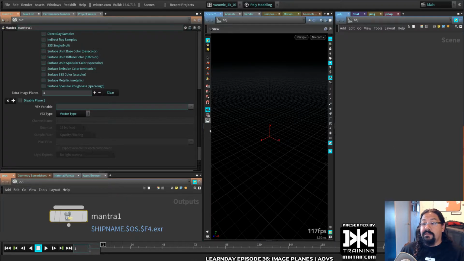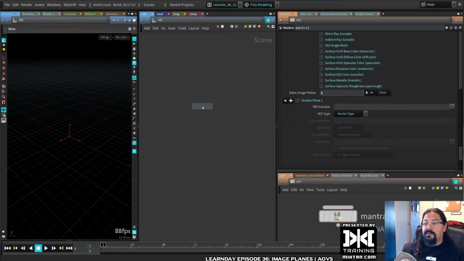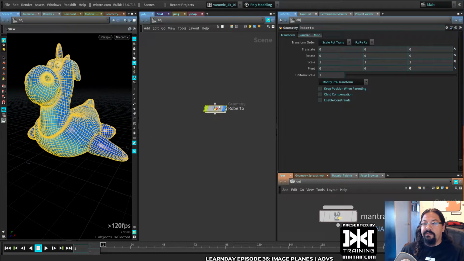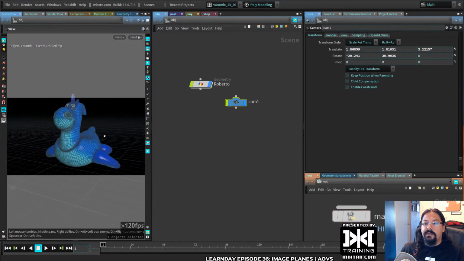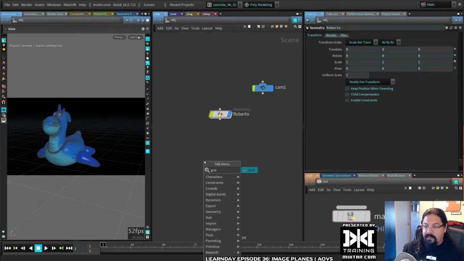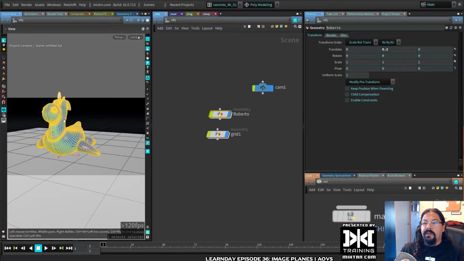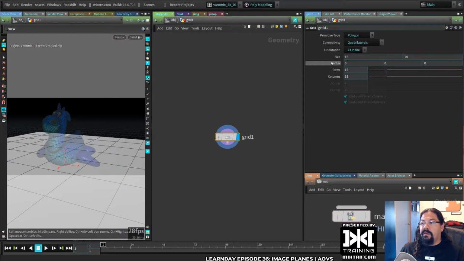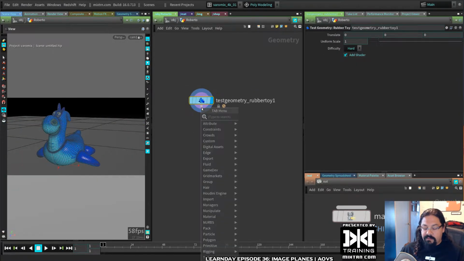So let's try to set up some basic stuff here. Let's create a scene, and we're gonna create, of course, my friend Roberto. Hello everyone, this is Roberto, and now the zooming in is not failing on me. Let's create a camera here, and let's do a grid, I guess, just so we have a reference point. Then move Roberto a little bit higher and frame the camera back again. Let's make this a little bit bigger,